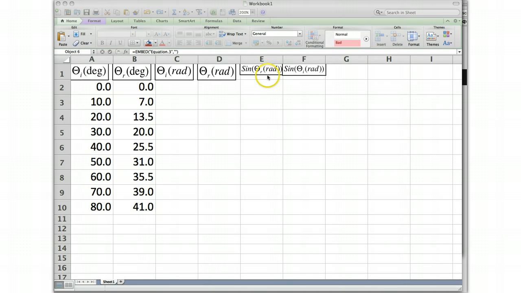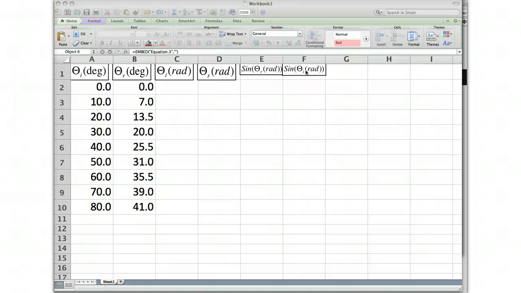One other nuance: for the first 4 columns, the order was incident first, refracted second. Here I have them reversed, just to make the charting that we're going to do a little bit easier. So what I'd like you to do at this point is to pause this